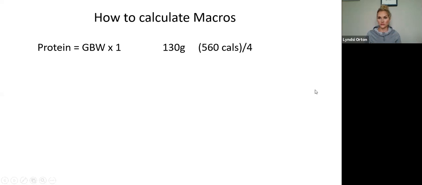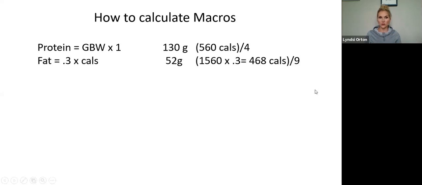So we start with protein first. And now that we have protein figured out, we're going to move to fat. So your fat is going to be 30% of your calories. So it was 1,560. So 30% of your calories will come from fat. So we're going to take our 1,560 calories that we had to start. So that was our calories for the day. We're going to multiply that by 0.3, and that gives us 468 calories. So 468 calories is